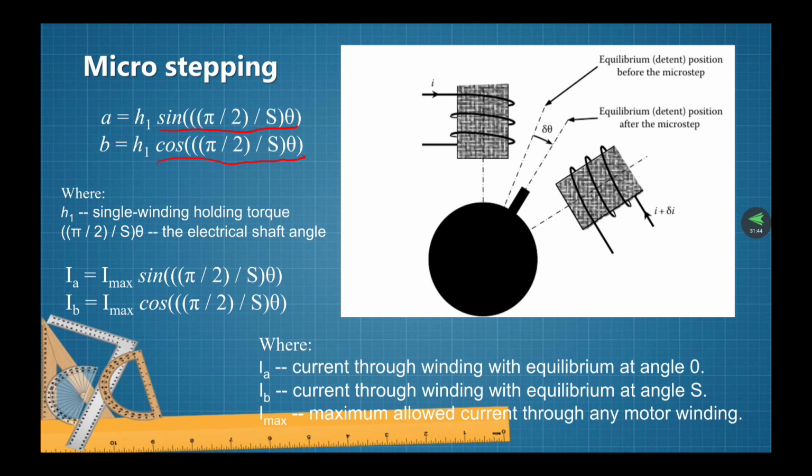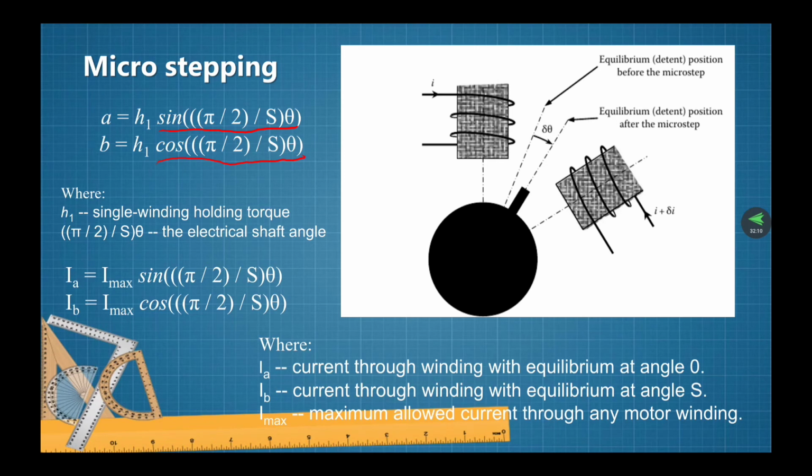Given that none of the magnetic circuits are saturated, the torque and the current are linearly related. As a result, to hold the motor rotor at angle theta, we set the current through the two windings as